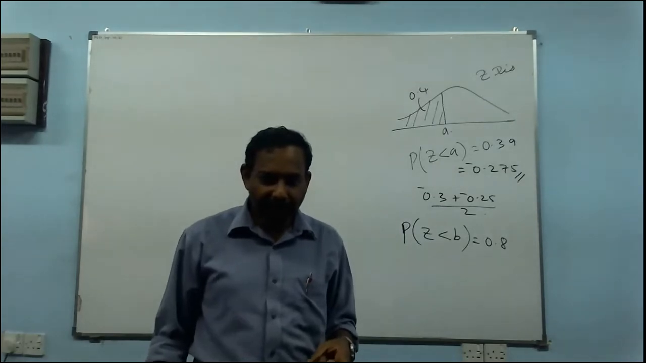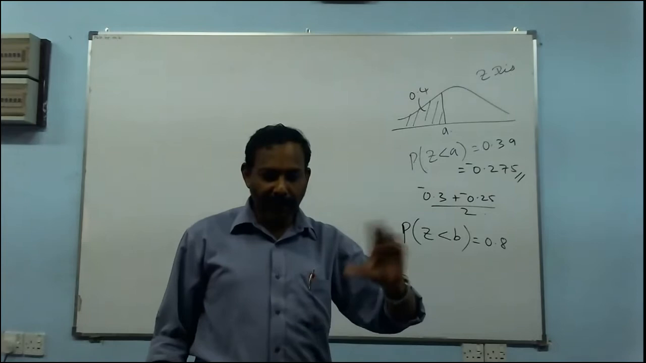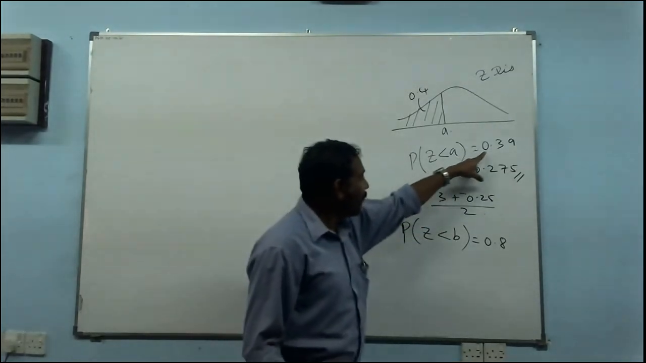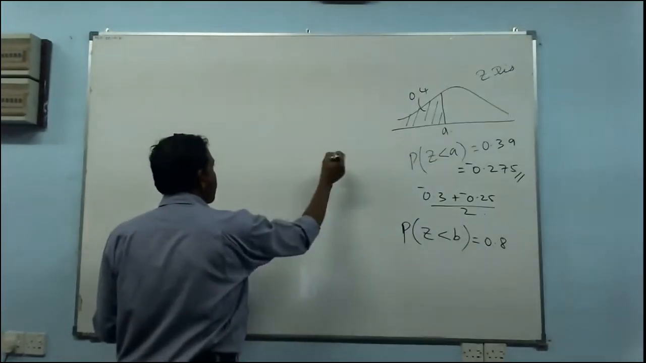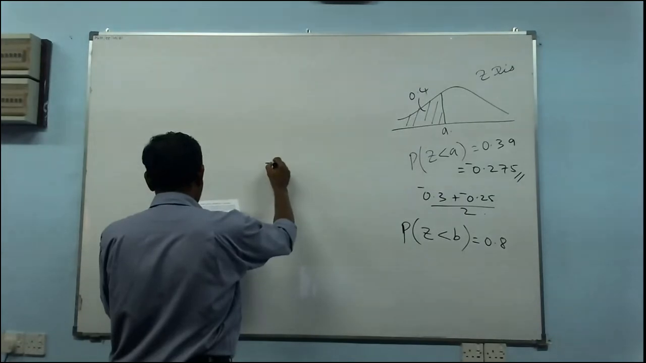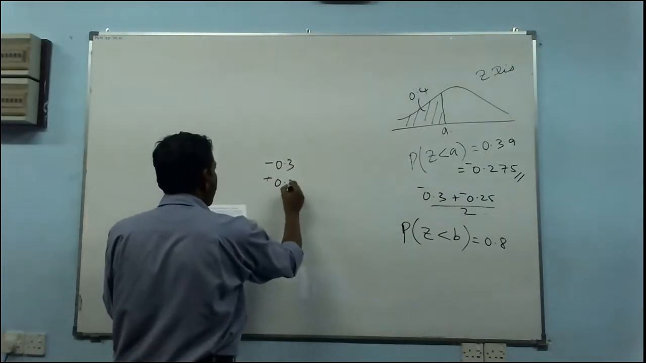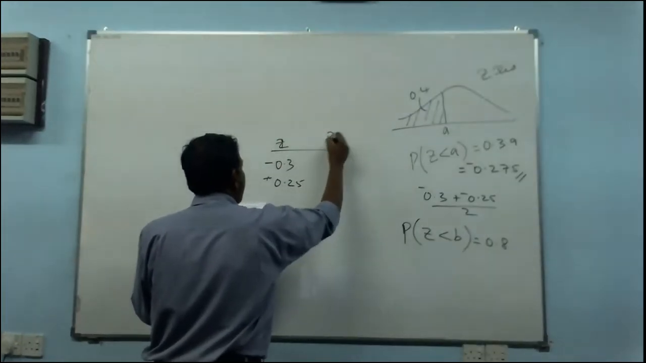Why? Because on both sides you have large differences. Do you get the point? So here you will have to get the average, because look, this is minus 0.3, minus 0.25. So this is the z value, and the p values are